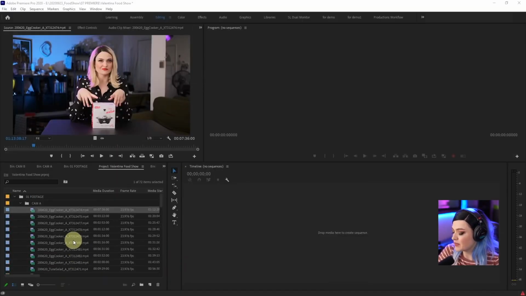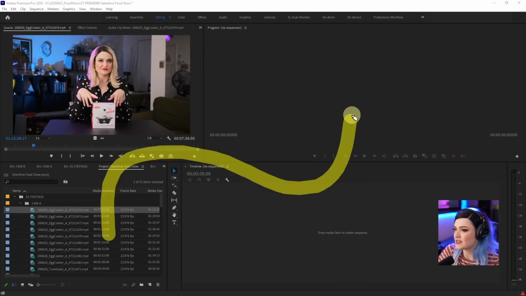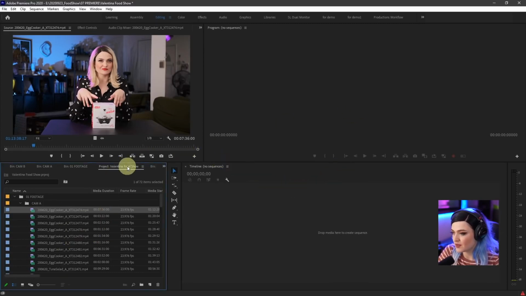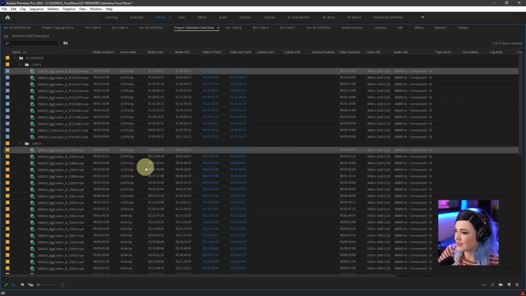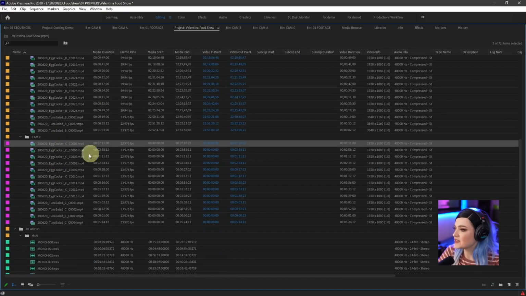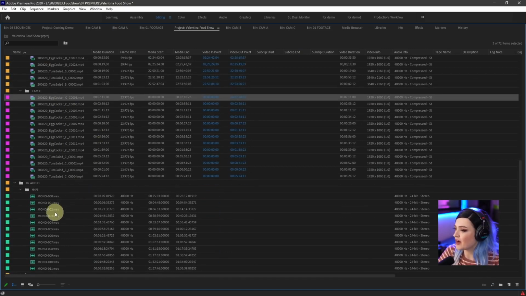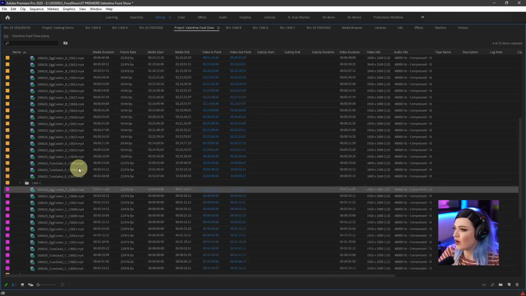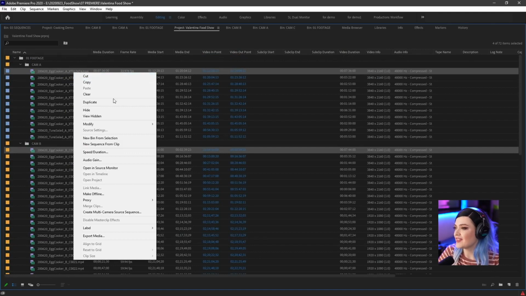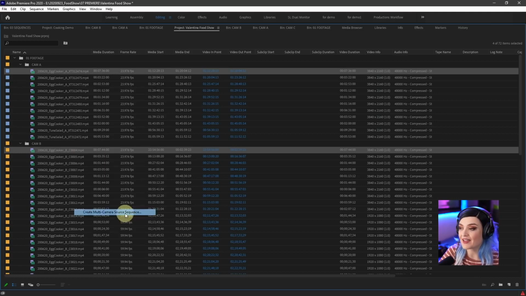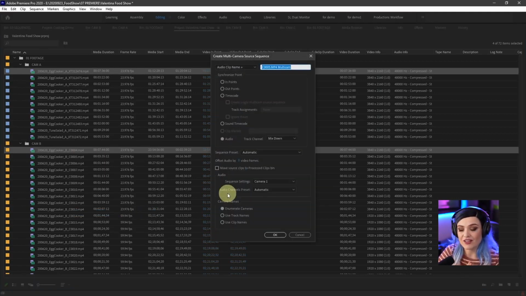So we're going to go all the way up here. Again, press the tilde key to make this bigger. Usually I would have this on a separate monitor, but we'll select both of them by holding down Command. So we'll select camera A's 7-minute clip, camera B's 7-minute clip, camera C's 7-minute clip, and the audio, the 7-minute clip from there. So all 4 of those are selected. We will right click